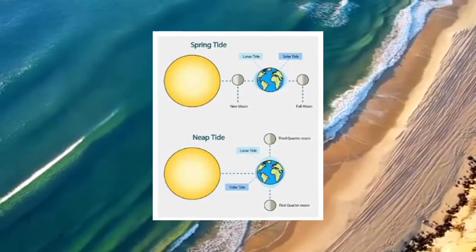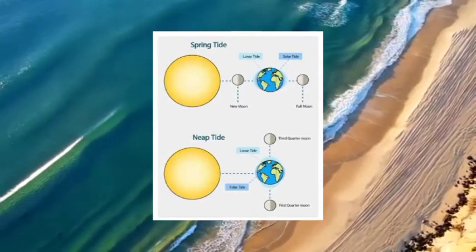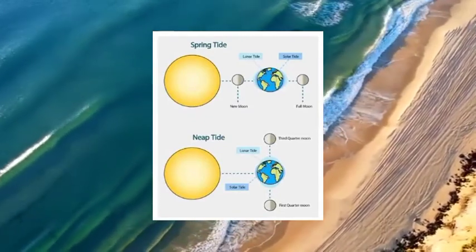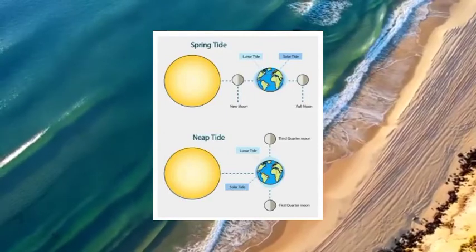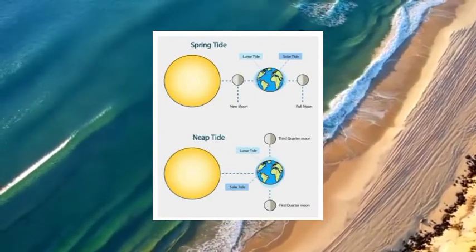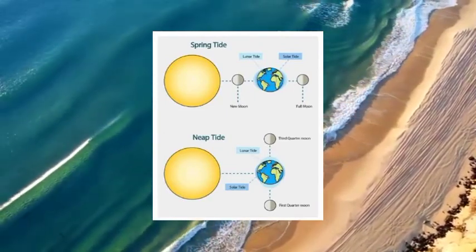Changes in the position of Earth, the moon and sun affect the height of tides during a month. Spring tides occur 2 times a month. During a full and new moon, when the Earth, sun, and moon are lined up, spring tides are higher and